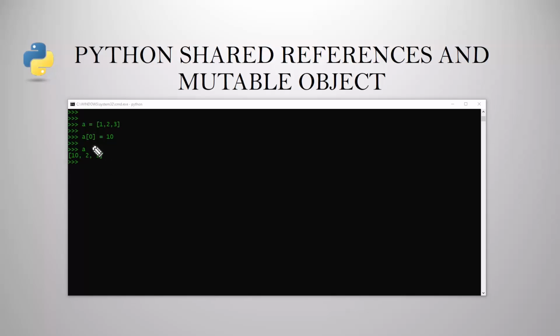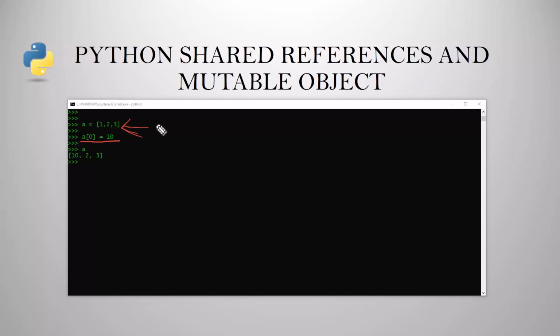So this statement will change the list object itself in place rather than generating a brand new list object. So whenever we are doing an in-place change, it is basically overwriting the object at the same memory location.